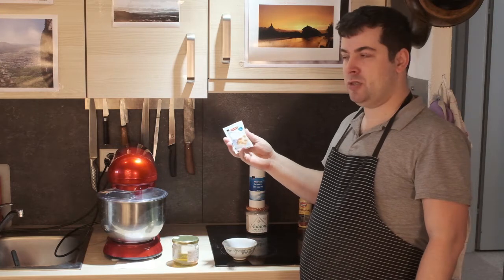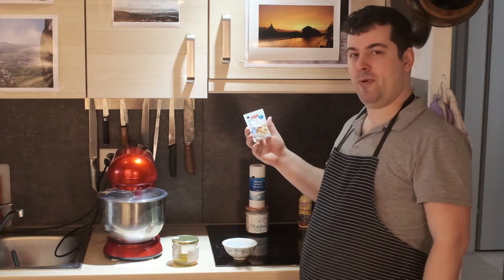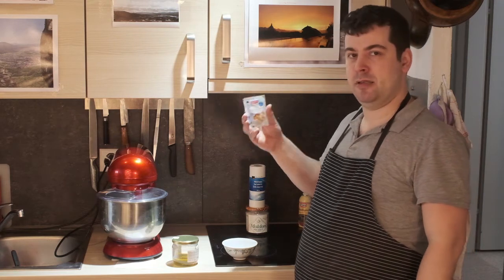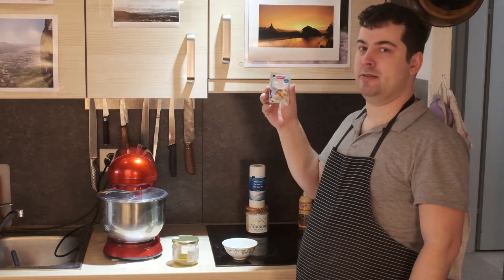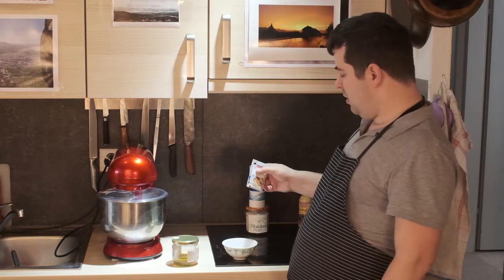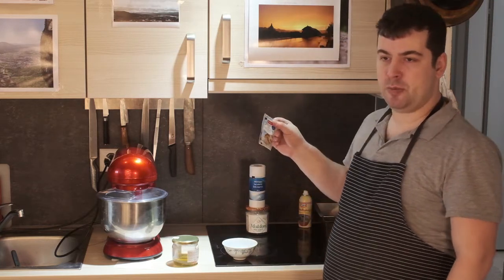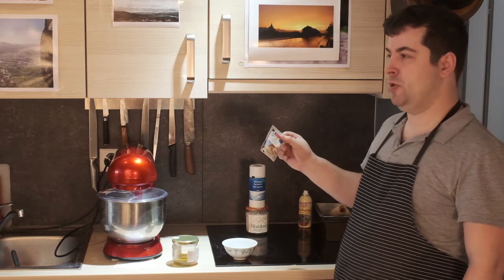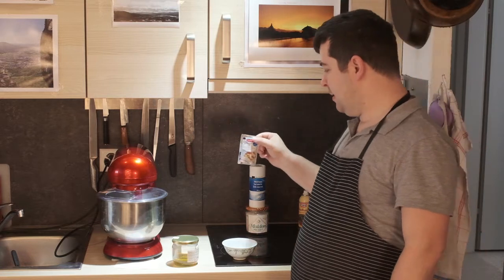And for such situations, I will now say survival mode is on. We use dry yeast. This is not fresh yeast. This is dried yeast. So you can use this. It has about 75% power of fresh yeast, because fresh yeast is alive. And